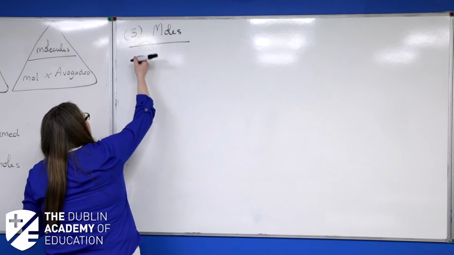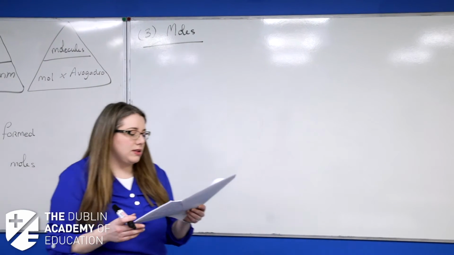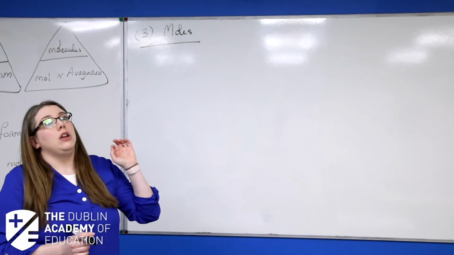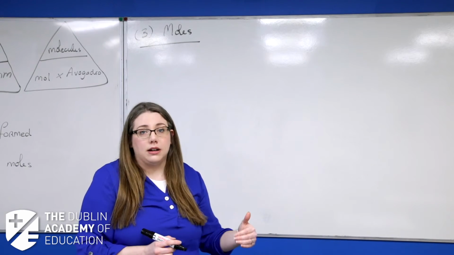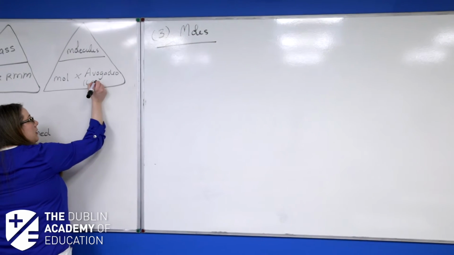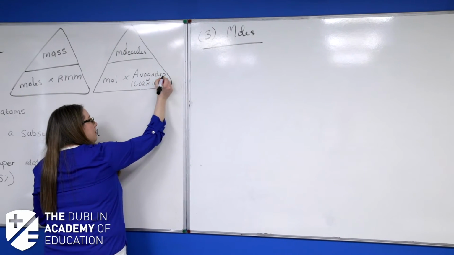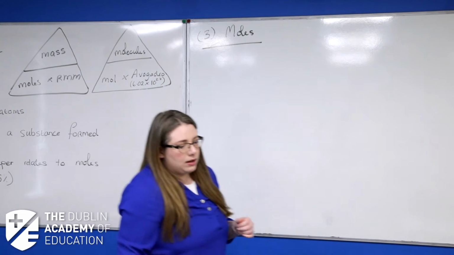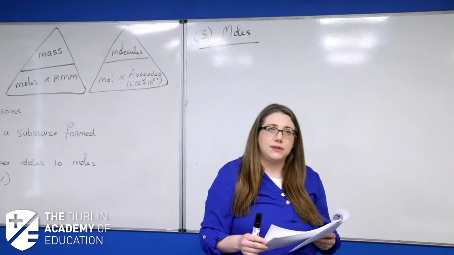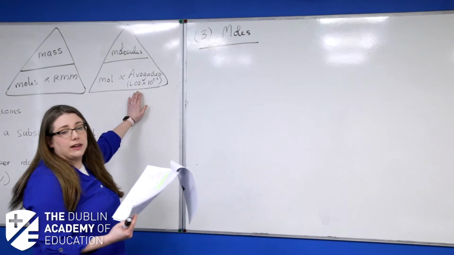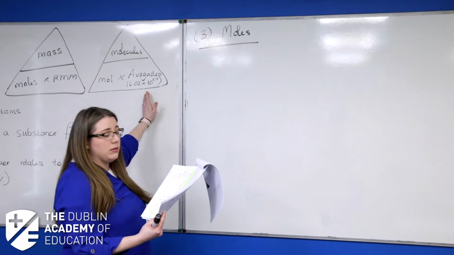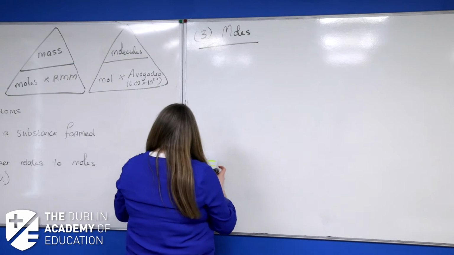Now, the definition is given in your notes on page 10, so it's just the amount of a substance that contains 6.02 by 10 to the 23 particles. No, you don't need to remember that number, it's given in the log tables. And that's Avogadro's number. Okay. In your log tables, there's a page where it gives you useful formulas or useful constants. That's where you'll find that number. So get familiar with your log tables, and you don't need to remember what that is. It's handy if you do, but you don't need it.